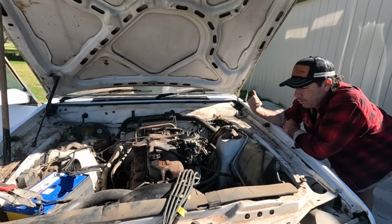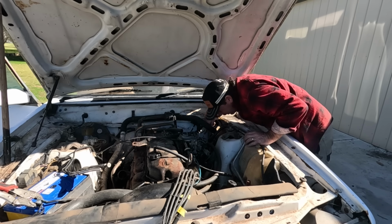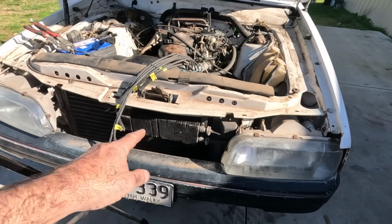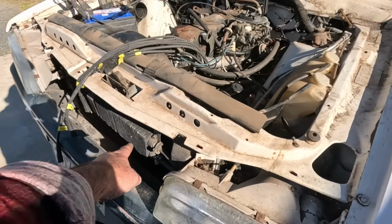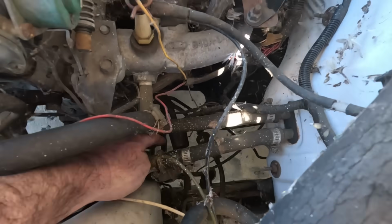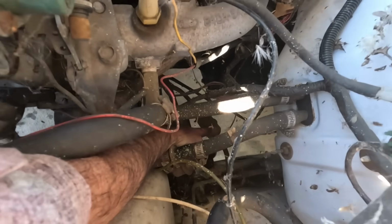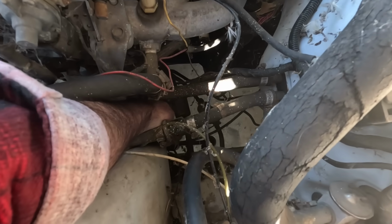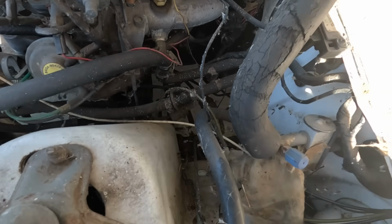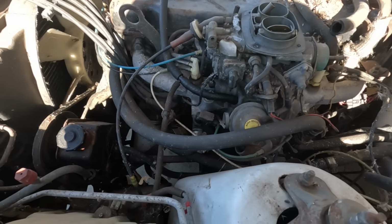Because you never know what's in that line or in that tank. I know they will have a filter somewhere. Yeah, there's a filter down there. There's two filters down there. Look at this, somebody loved on this. I'm starting to notice things. There's a trans cooler. Can you see down there? Probably not. There is a filter there, and there's a smaller line and a filter there. That's the return line to the tank, and that's the delivery line. So they've got a filter in each. Well done, police guys. Well, probably not, but...